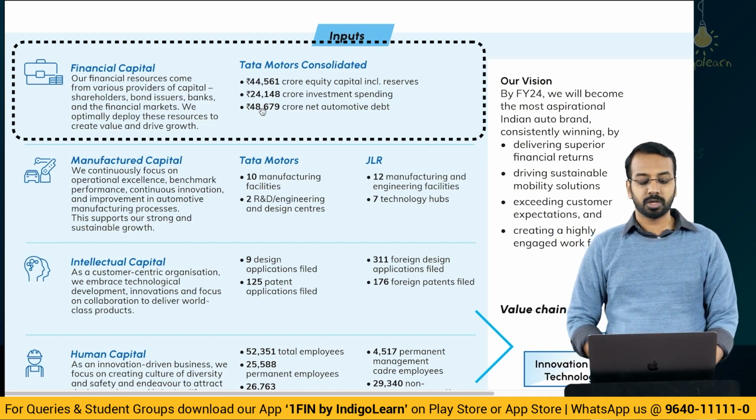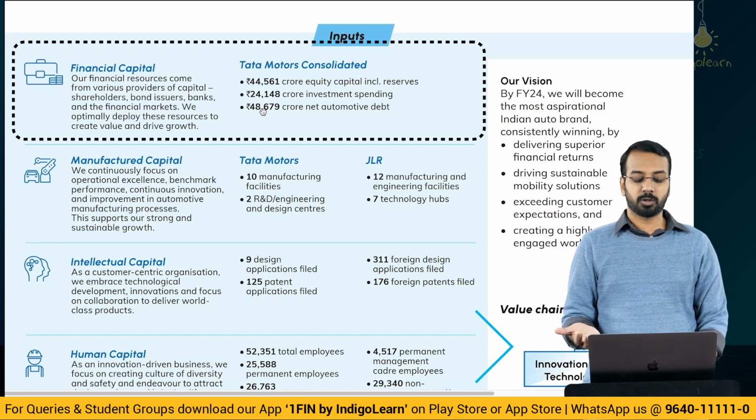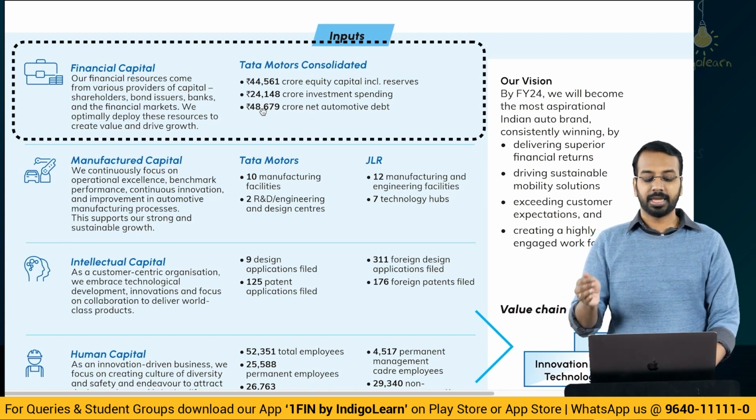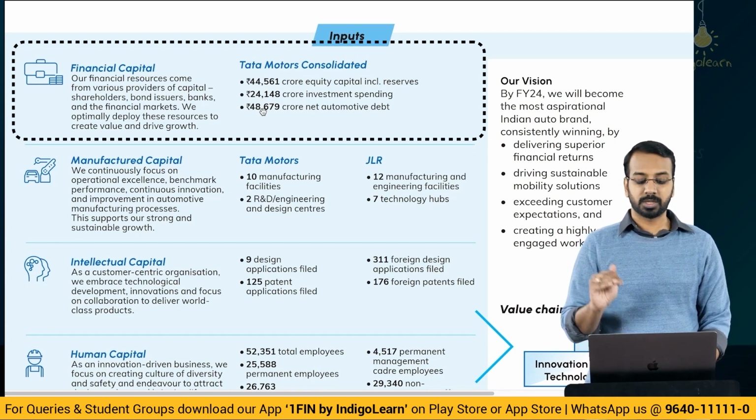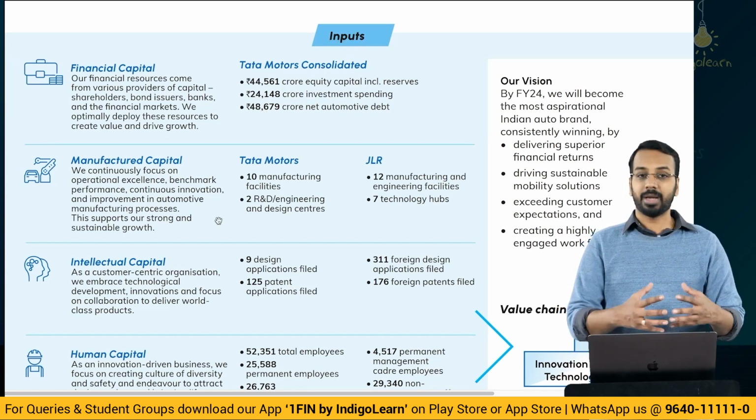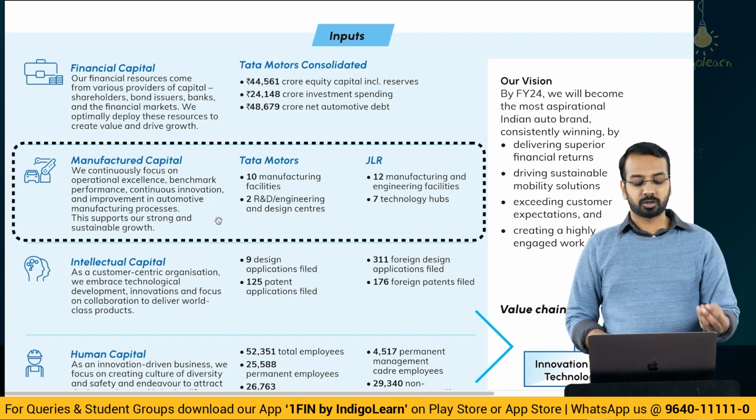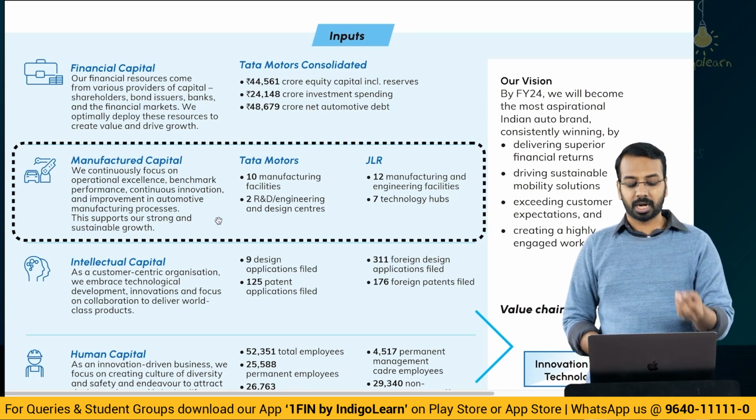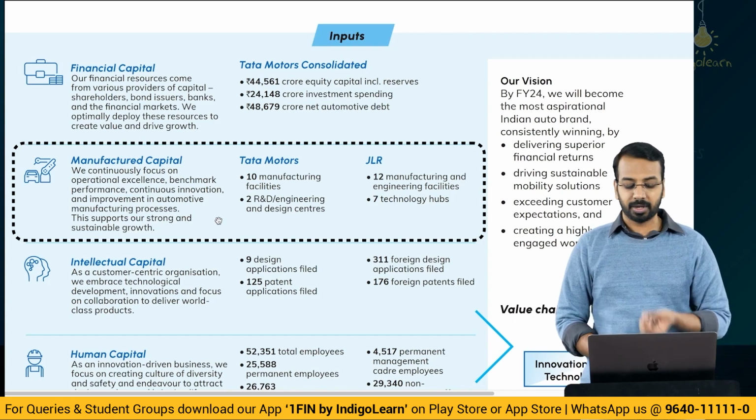And then you can see the disclosure: 44,561 crores of equity capital, then 24,148 crore investment spending and so much of net automotive debt. So that disclosure is there. Then manufactured capital, there they are talking about the manufacturing facilities, R&D, and Tata Motors manufacturing facilities, JLR manufacturing facilities